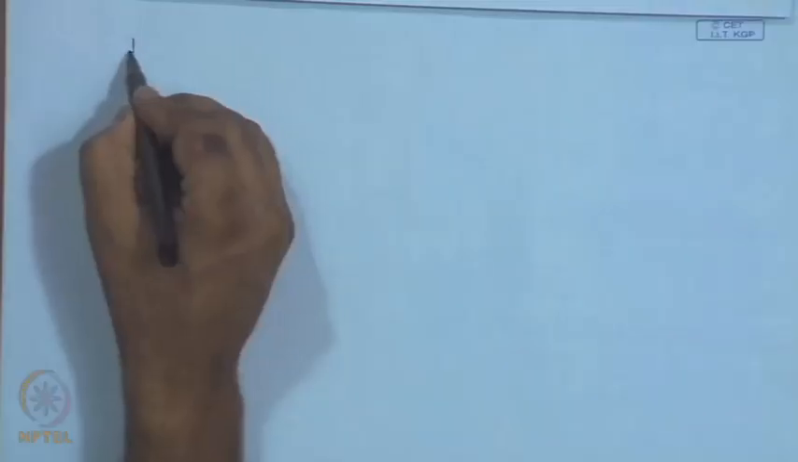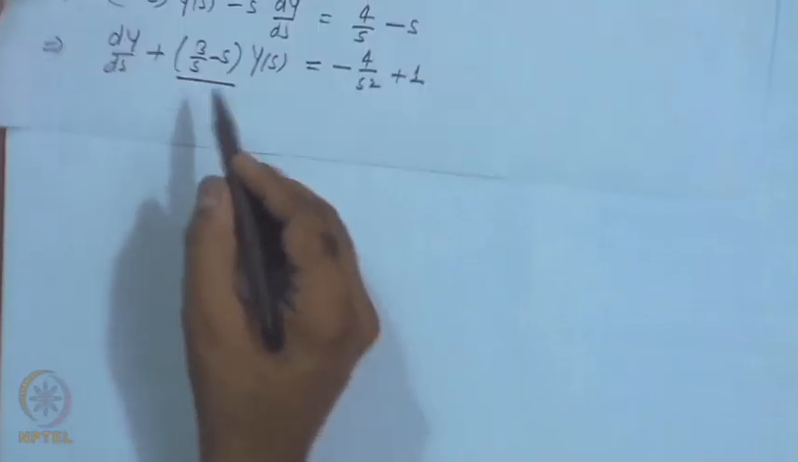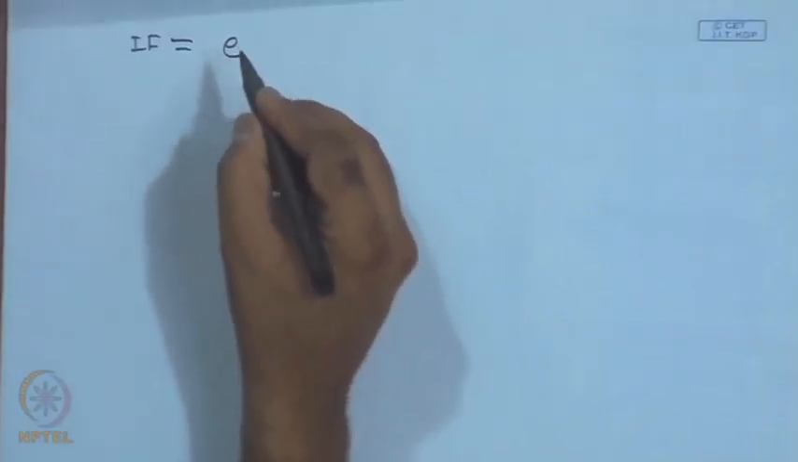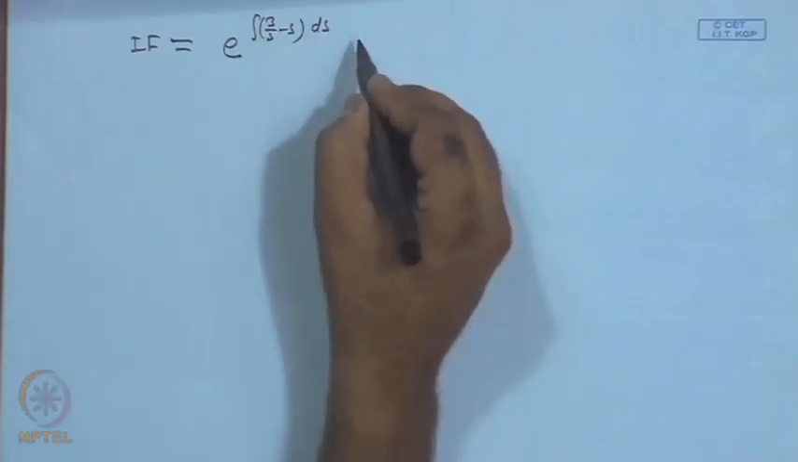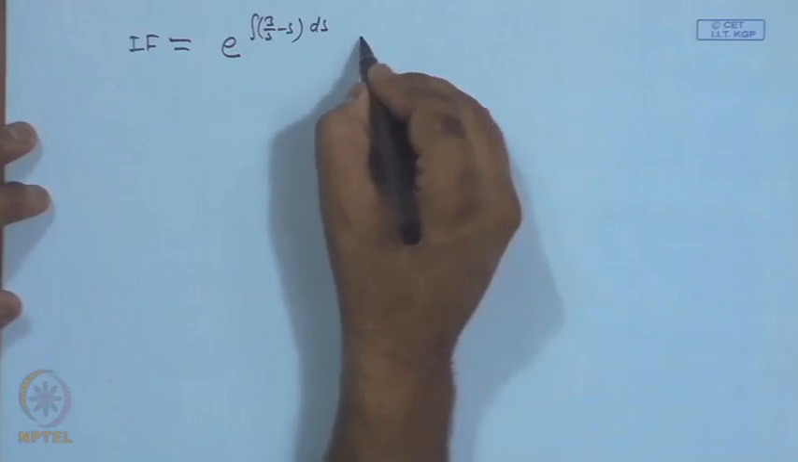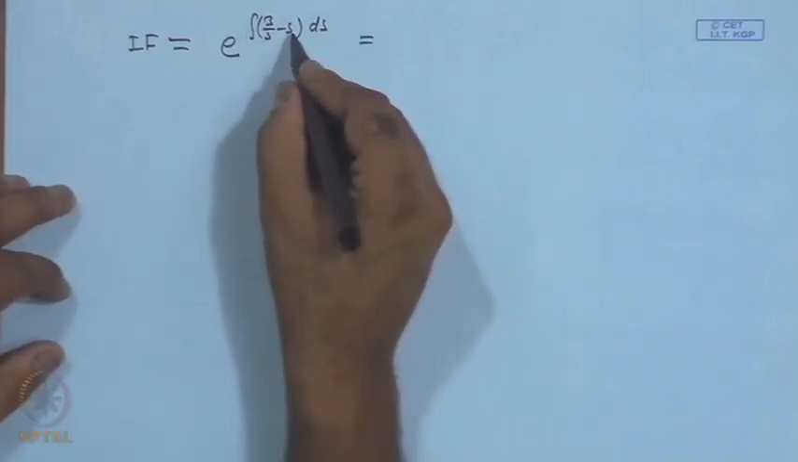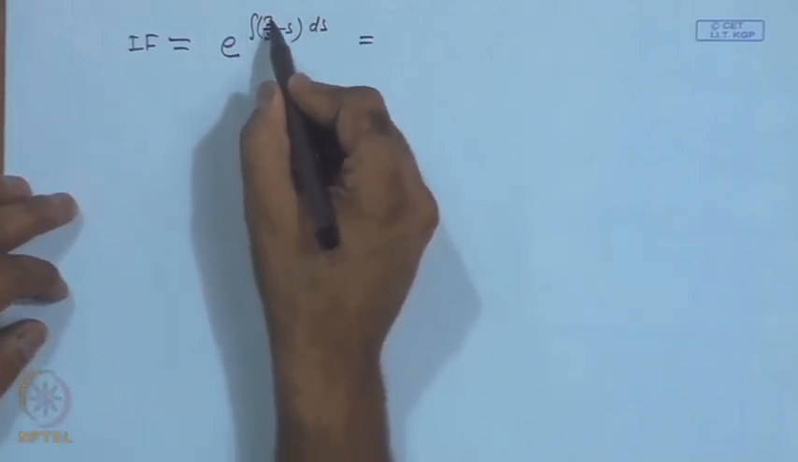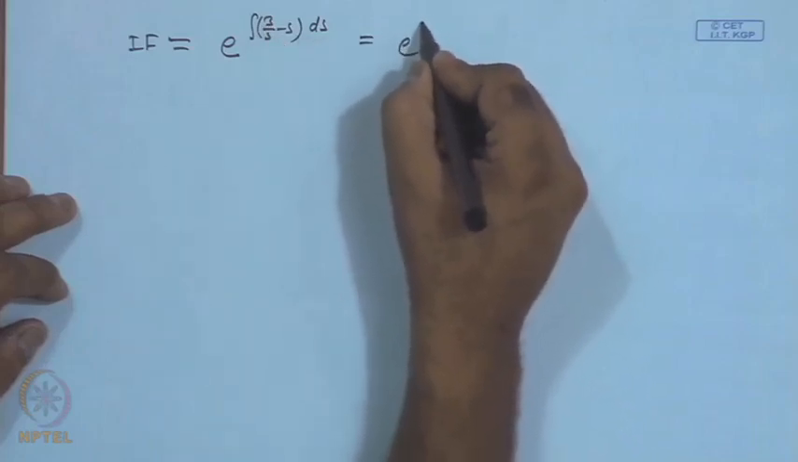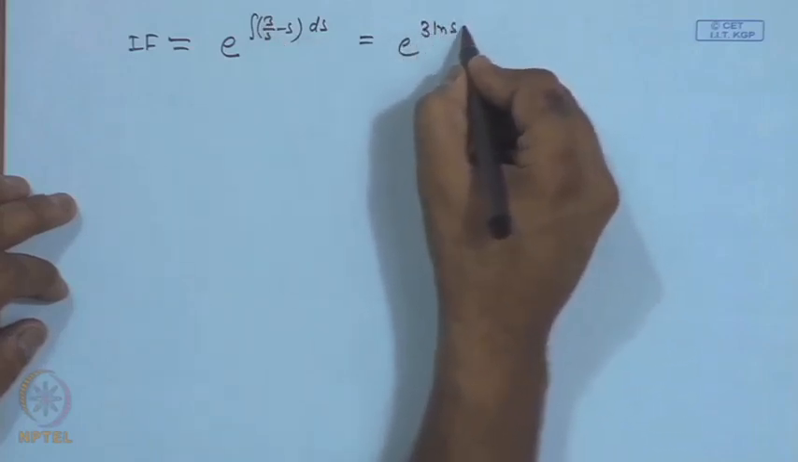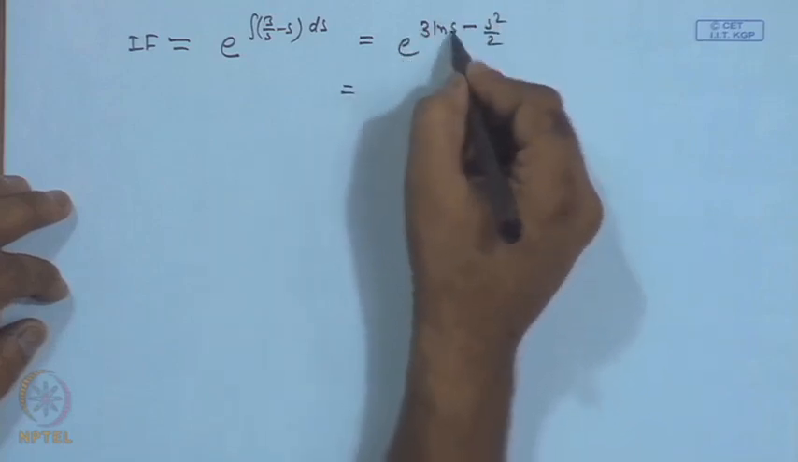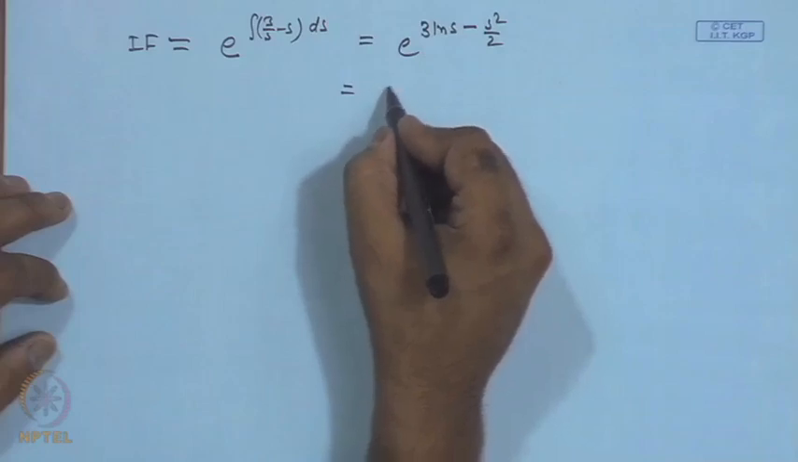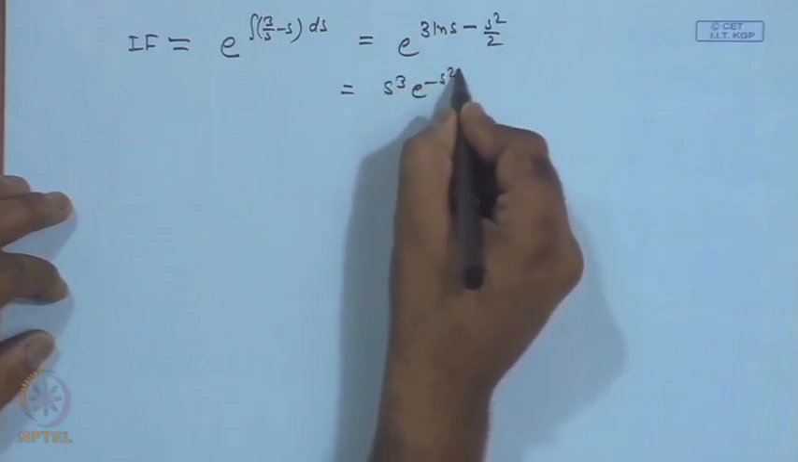So, we get the integrating factor that will be e to the power integral of 3 over s minus s ds, and this is just e to the power minus s. So, 3 over s is log s. So, e to the power 3 ln s minus s square by 2. So, here we can again simplify; this will be just s cube and e to the minus s square by